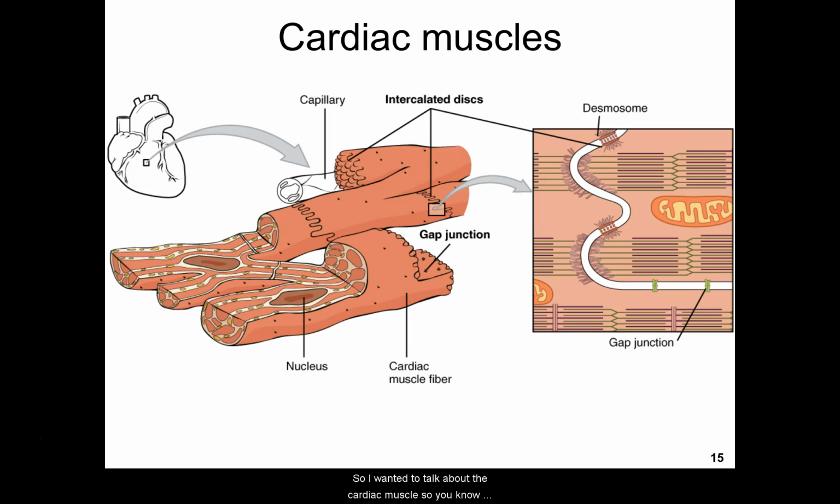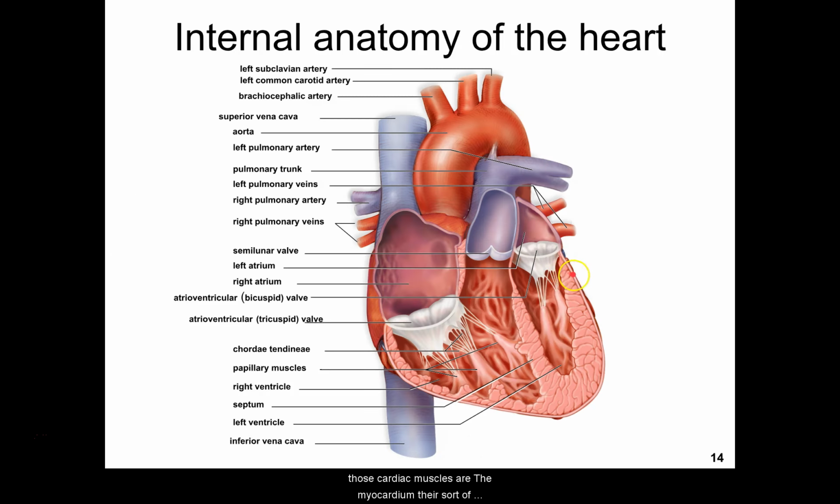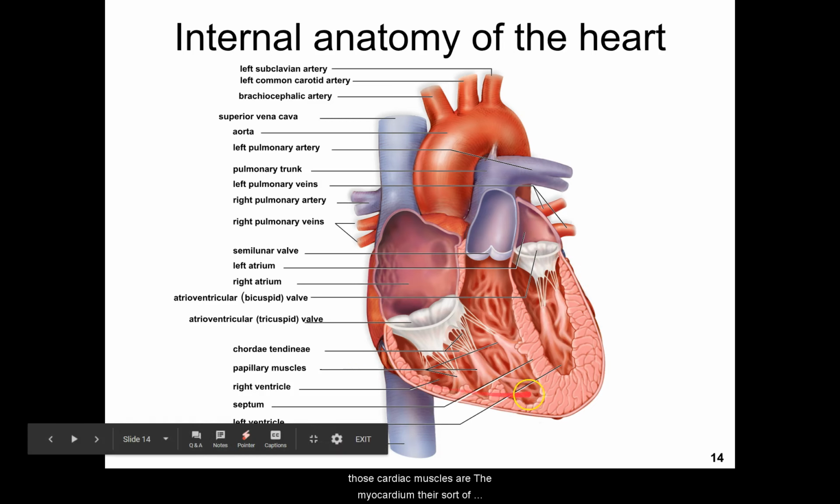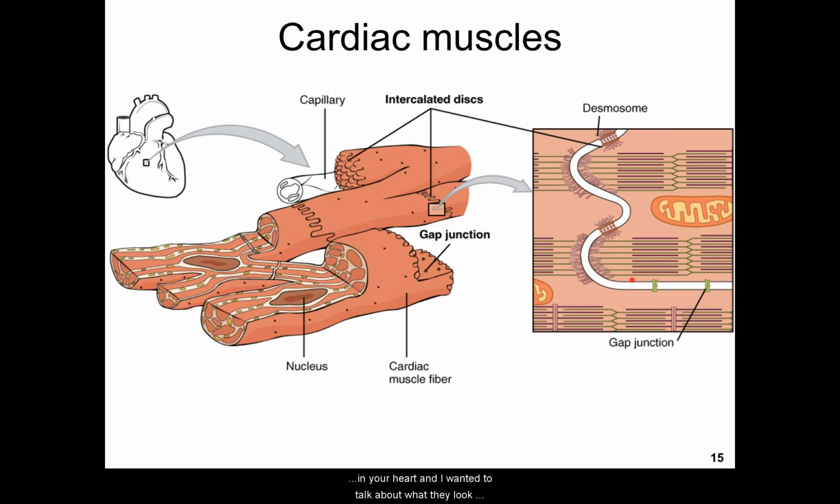So I wanted to talk about the cardiac muscles. Those cardiac muscles are the myocardium. They're sort of all over the place in your heart. And I wanted to talk about what they look like for a moment. You'll notice they have these things called intercalated discs, which is sort of how these muscle fibers are connected